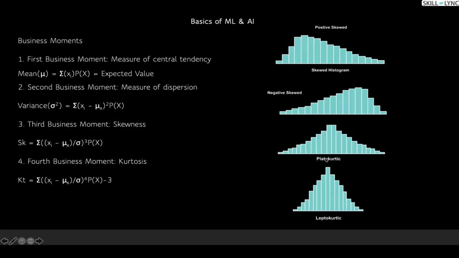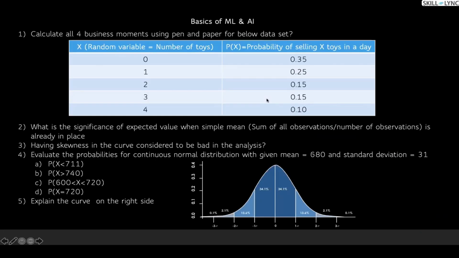Similarly, I've asked you to work on kurtosis. What does kurtosis explain? How does it help us in our analysis? When you send us the sheet for the second assignment, you can also tell us the importance of kurtosis. You can consider that as your 6th question. Now, the 4th question is important, guys. You have to solve this, and there was a particular reason why I have chosen this.